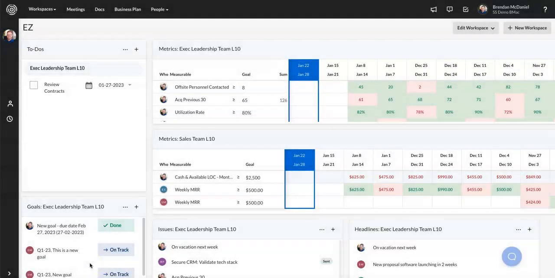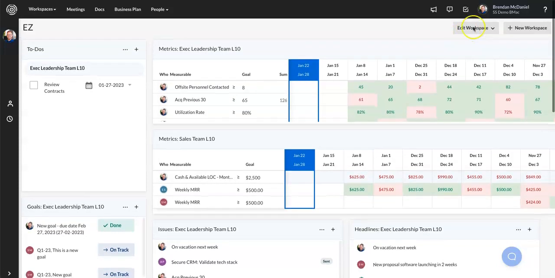Today, I'd like to show you an easy way to update the terminology within your Bloom Growth account to match the terminology that you and your organization use each and every day to help your business move forward. Now, to make these changes, you'll need to be an admin or have an admin in your organization take care